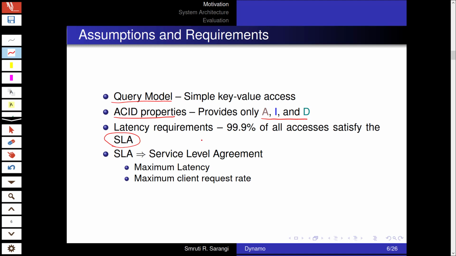is important for me to mention that Dynamo, from the point of view of Amazon, is an internal service. It's not an external service, but a service which is internal, which means that other services within Amazon use what Dynamo provides.